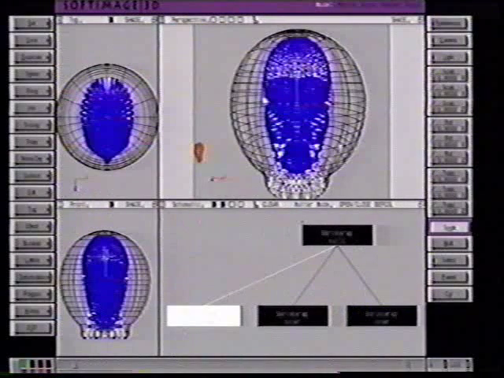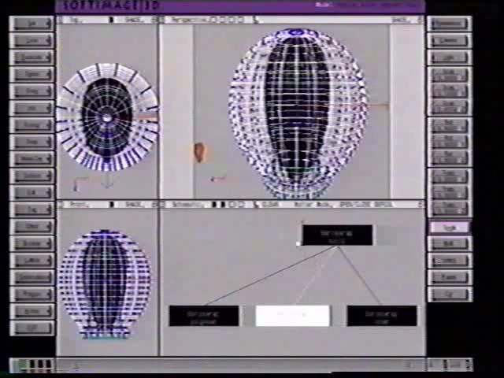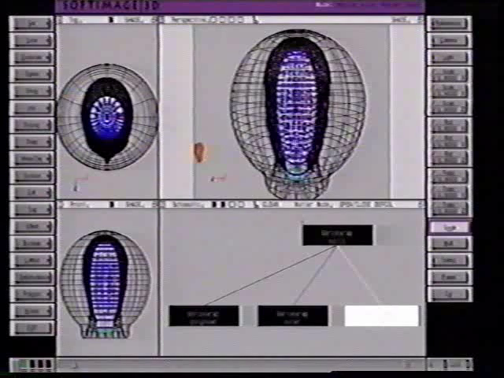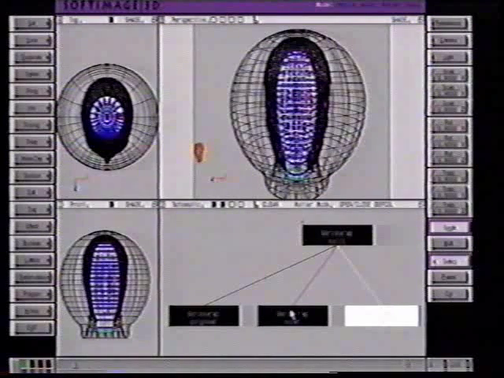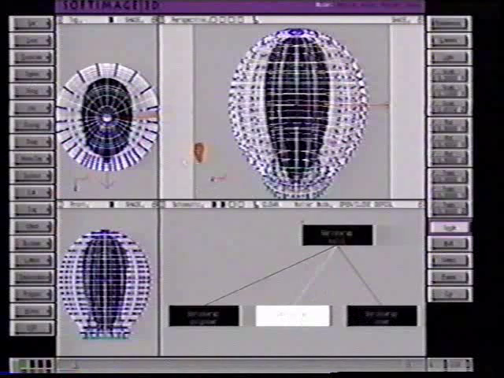Here we have the polygon head. I've actually added a neck to it, and what you need to do a shrink wrap is you need the target mesh, which is the head, an outer wrapper model, which is going to be entirely outside of the head, and an inner wrapper model, which is going to be entirely inside the head. Now the outer wrapper model and the inner wrapper model have to be the same objects. They should be the same kind of surface and the same number of points. It's best to just do the outer wrapper model, duplicate it,